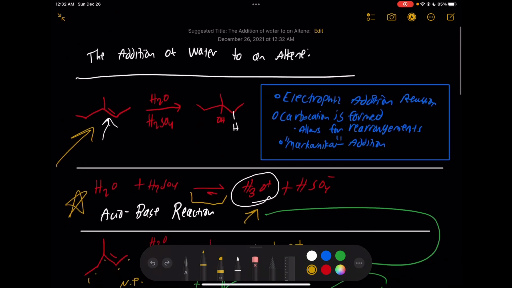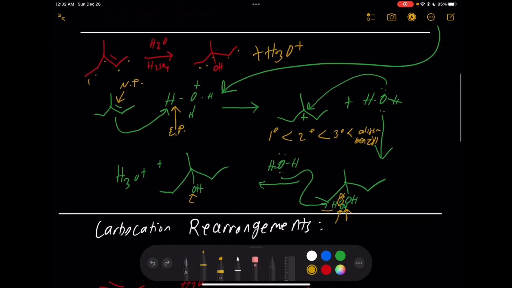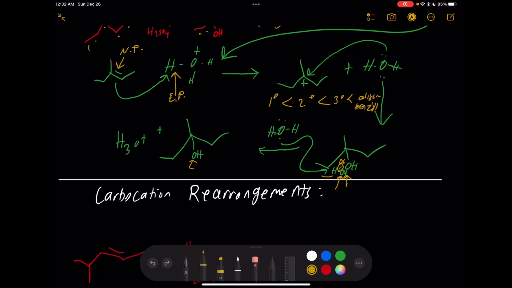So yeah, I mean, the biggest thing I would say to memorize this mechanism is just understand at every step the nucleophile and the electrophile, right? Understand that